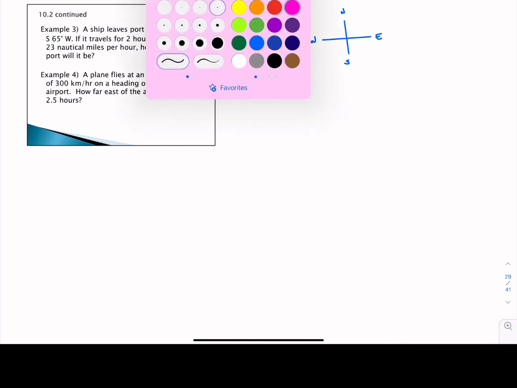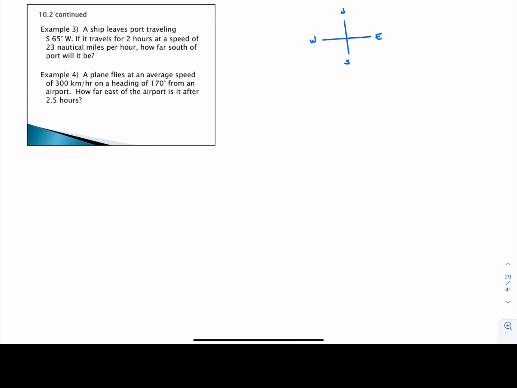So if I know I'm going to leave port and I travel south 65 degrees west, in my mind I need to draw out one of our little coordinate planes here. So we've got north, of course, south, west, and east. Sometimes I'll do a really rough sketch and then I'll relabel a triangle so that it's more accurate and more clear. But in this case, if we need to go south 65 degrees west in order to see the line